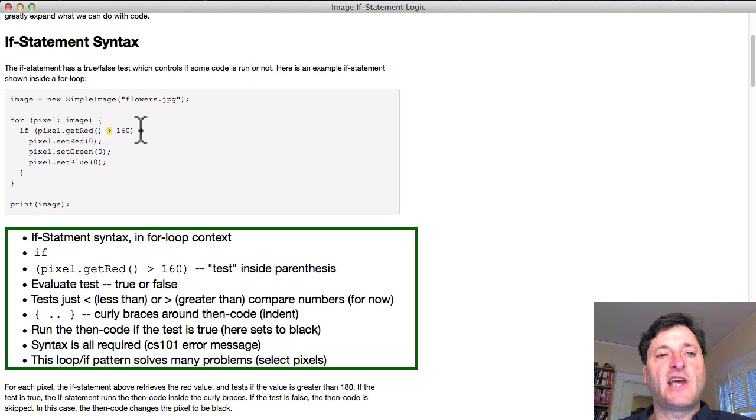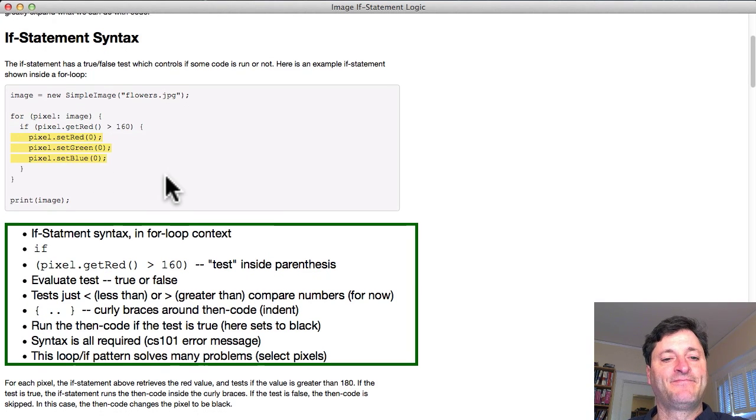The way the if statement works is that the test is followed by a set of curly braces, just like for the for loop. And inside the curly braces, I'm going to call that the then code. The then code could just be any lines of code we want. When it runs, it evaluates the test, and the test is going to be essentially for each pixel, either true or false. If it's true, the if statement then goes ahead and runs the then code, whatever that says to do. If the test is false, then the then code is just skipped. So the if statement works as kind of a switch to either enable or disable the code inside the